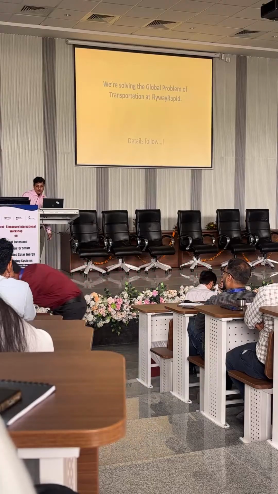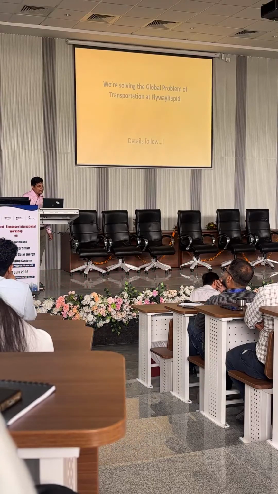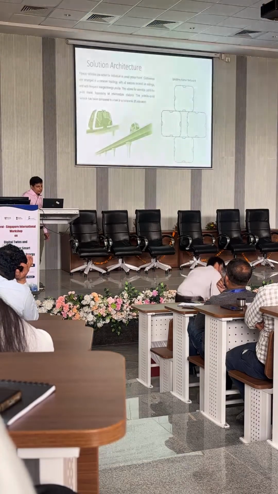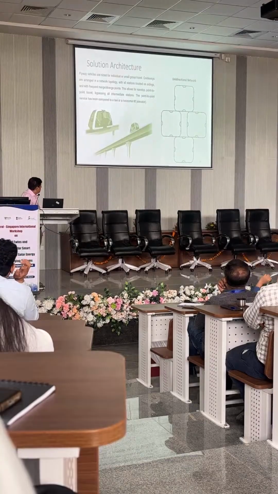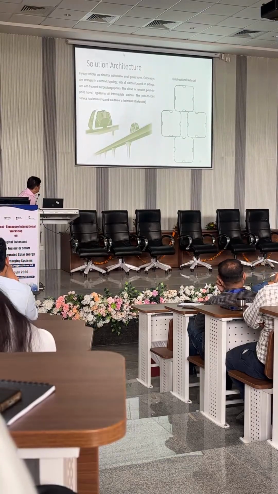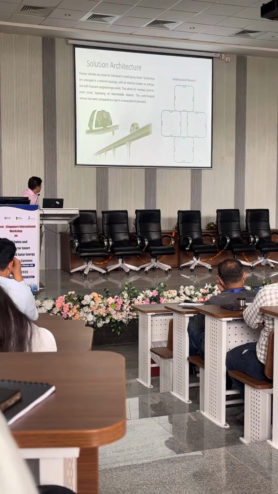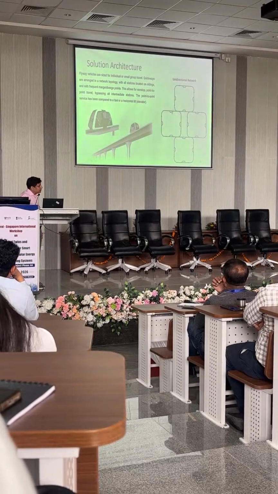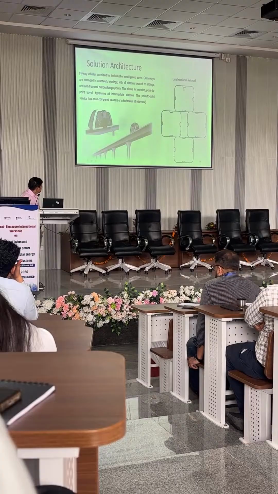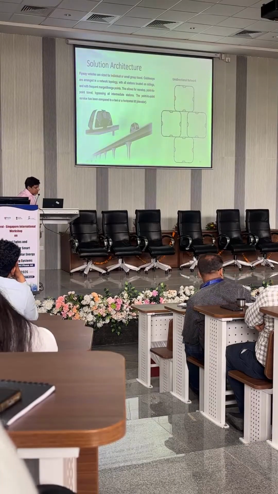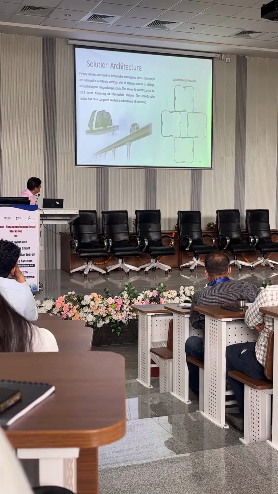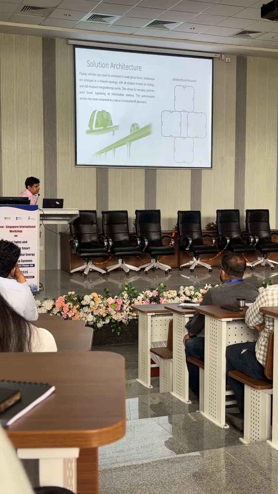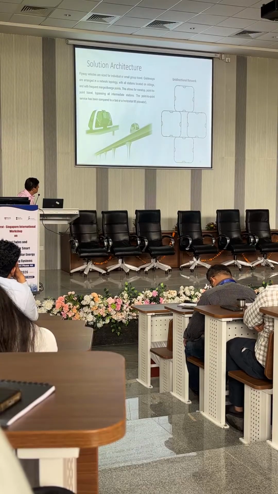So I want to take you through some of the high-level details of how we are coming up with a solution. This illustration is an example of an elevated line, but this line can also be at grade or it can be underground as well. This is another unidirectional network. So these are stations, and I think you can see that these are offline stations. If somebody wants to stop here, they will have to first go offline, take the secondary line, and then come to a stop. Those who don't want to stop here can keep going straight.